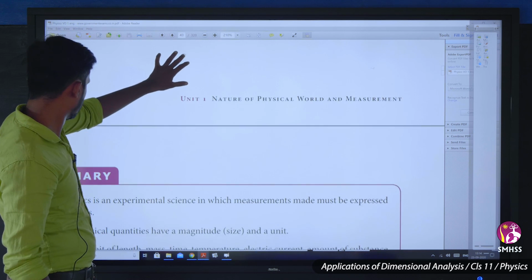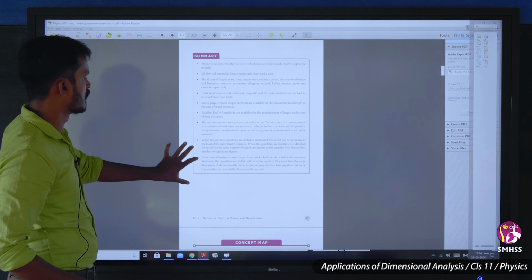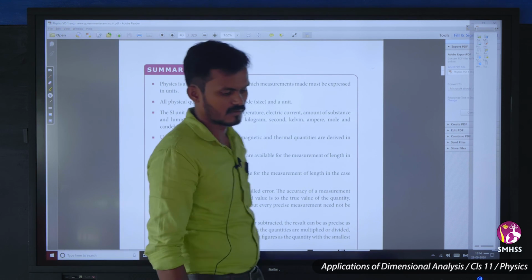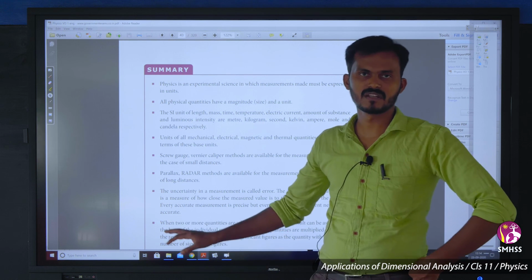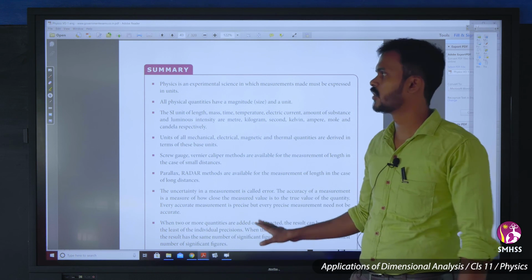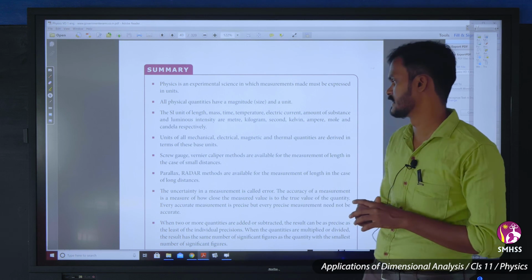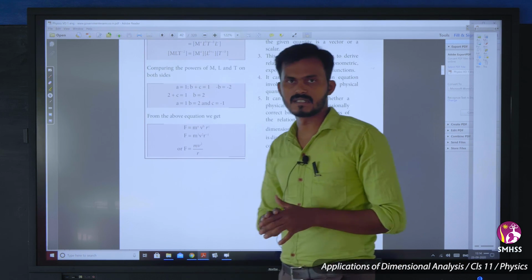So, over this we have the summary of this lesson, what we have studied. In this lesson we studied about measurement. This is the basis of the further lessons. Dimension analysis, significant figures, rounding off are all important topics that you have to remember for studying in higher classes. So, that's it. We have completed the first chapter.